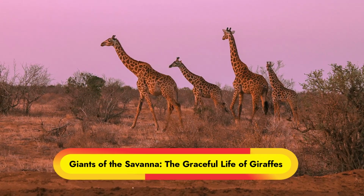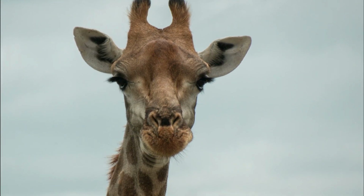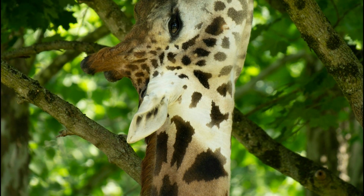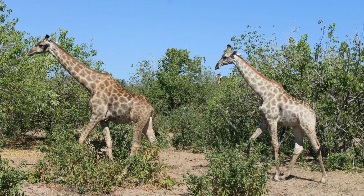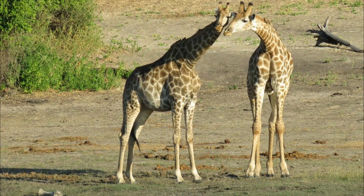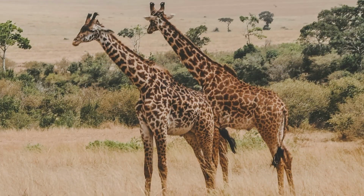Giraffes are the tallest land mammals, with some males growing as high as 18 feet, while females stand around 14 feet tall. Their long necks, which have only 7 vertebrae like most mammals, enable them to browse on leaves high up in trees, particularly acacia trees. This ability to feed on vegetation beyond the reach of most other herbivores gives giraffes a significant advantage in areas with limited food supply. Their height also helps them spot potential predators from a distance, giving them ample time to